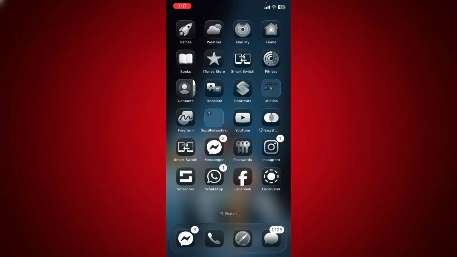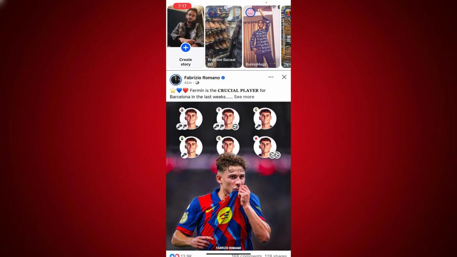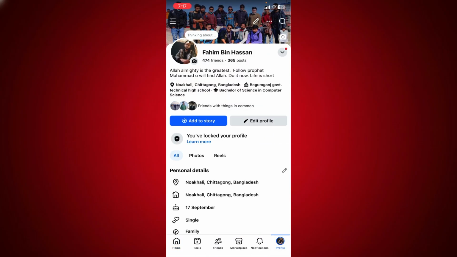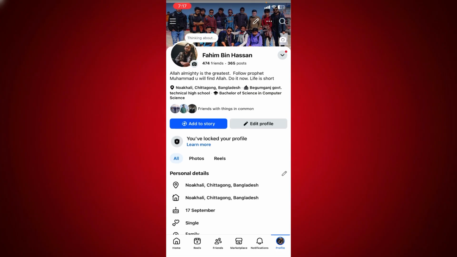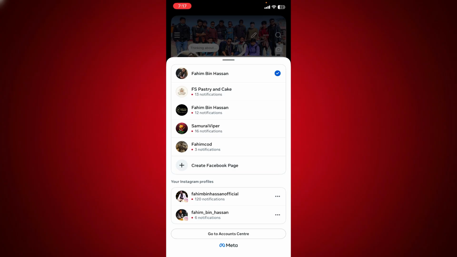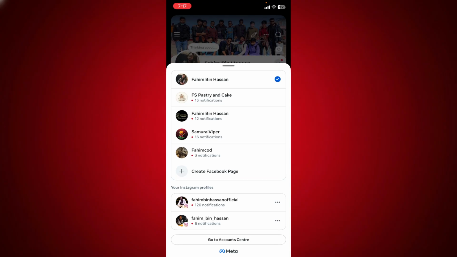First of all, go to your Facebook profile, and here on the bottom you can see your profile icon. Click that, and here on the top click that arrow option on the right side of your profile, and here you can see go to account center. Click that option